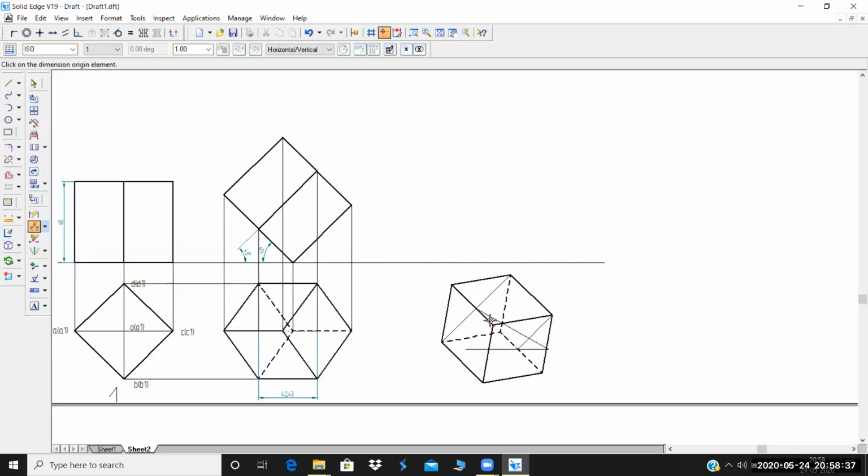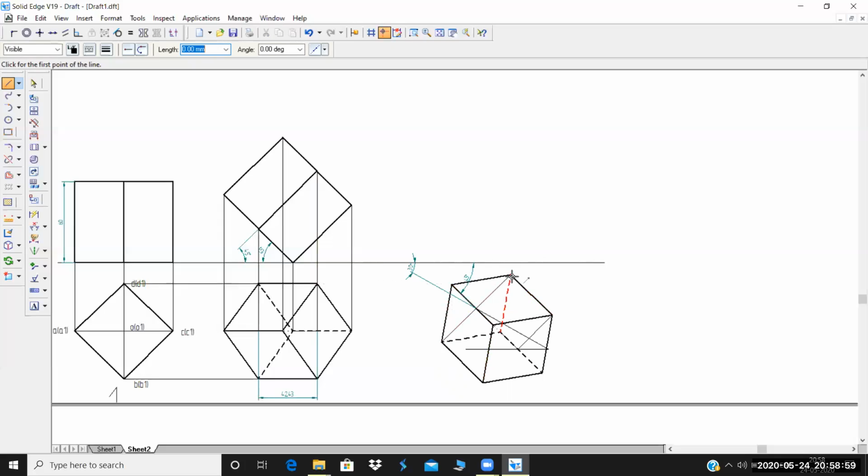I have told you both the cases, whenever it is beta or otherwise. Earlier it was 30, now beta is 45. Till here it is clear, I hope. Later we are going to just project the whole thing. Now I told you this is the bottom face. This one is the bottom face.